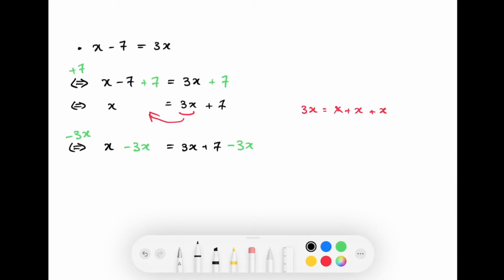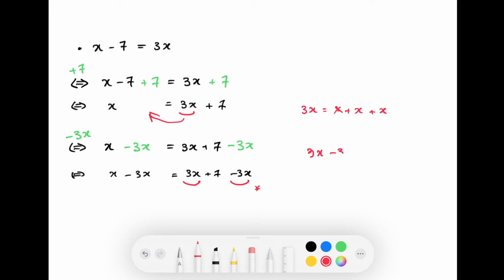So what does this become if we rewrite this? So it basically becomes x minus 3x is equal to 3x plus 7 minus 3x. Okay, I just copied it, but now without color. But let's look now at this 3x minus 3x. It's just the same number. You shouldn't be thrown off guard by there being an x here, because what this basically means is